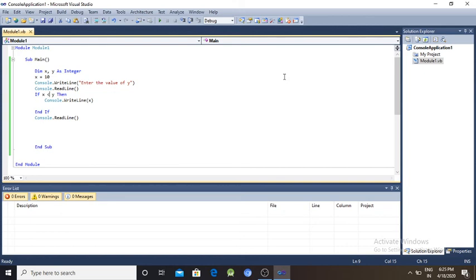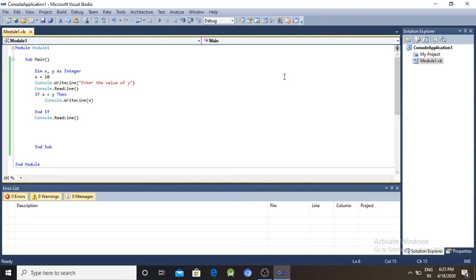Second, the if else control statement. If the condition is true then it will execute, otherwise the else part will be executed. You all know that when the condition is true, you execute this part of the program, but when the condition is false, another part will be executed.